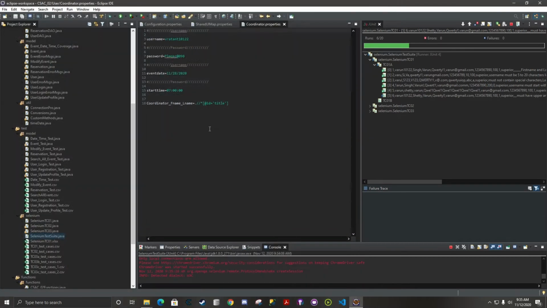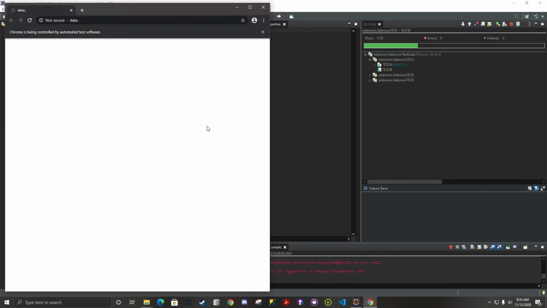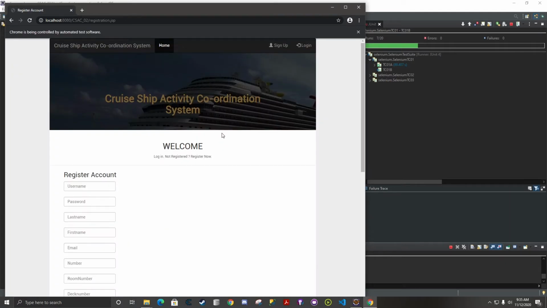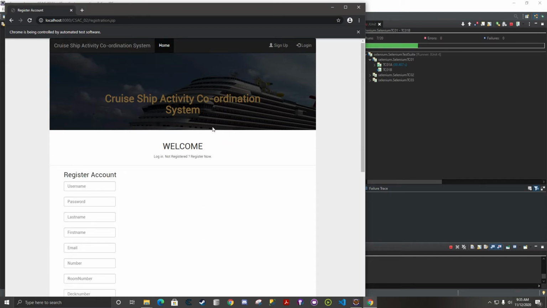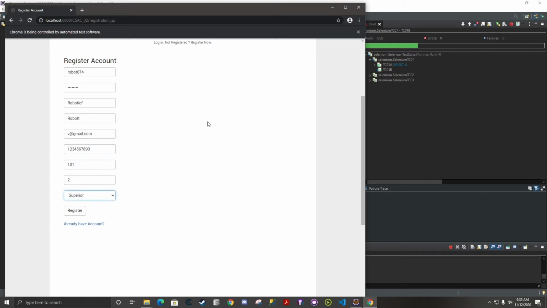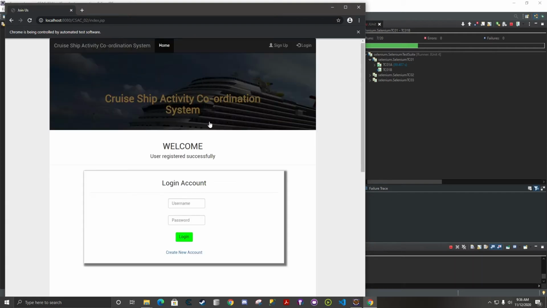Yeah, so this is done with the verification of errors. Now it will verify all the links of the page. So it starts with the register account, then goes back to the page to verify create new account. It will verify the header of that page. Then it will use different username details and then actually register. Once it actually registers, it will verify that the user is registered successfully.